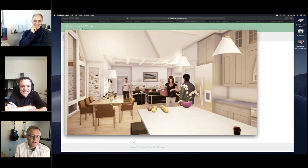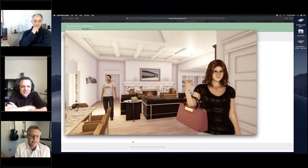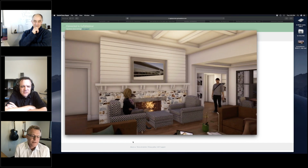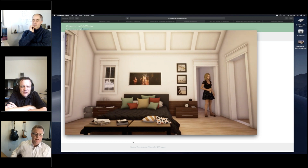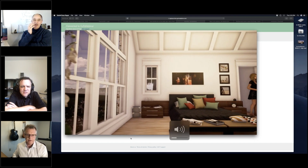So here's what I wanted to get to. The fireplace again has a lot of detail, and so it just shows up well right there. People get fired up when they see stuff like that. One of the things that I know you're going to be talking about a little later, but this is fantastic